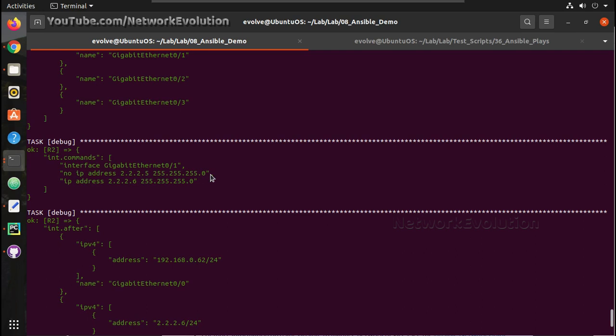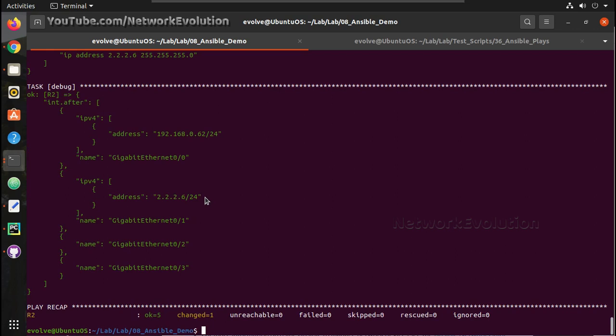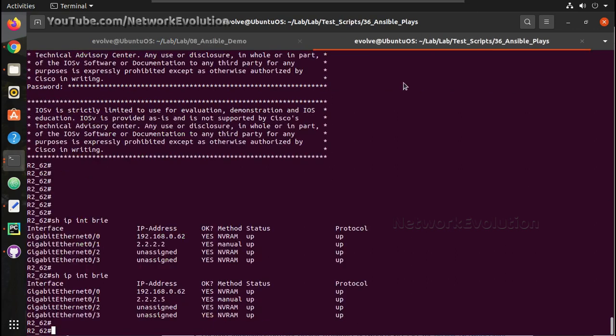Okay, you can see here Ansible exactly knows where to give the no command to remove the configuration and apply a new configuration. This will be very useful when you configure access lists, because there you can delete and add a new access list so that the sequence numbers won't get changed. And now you can see the IP has changed.